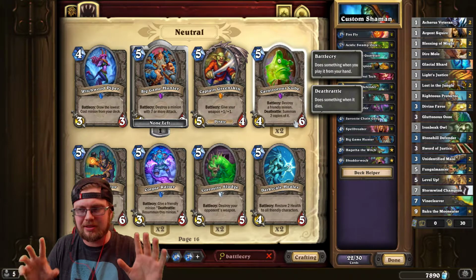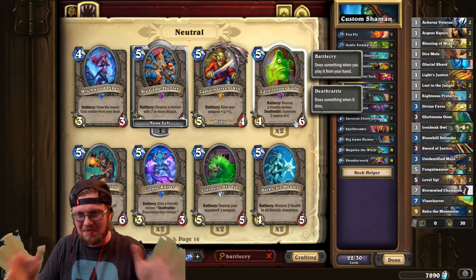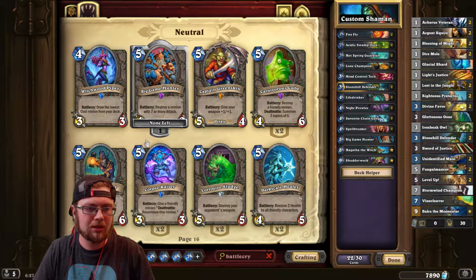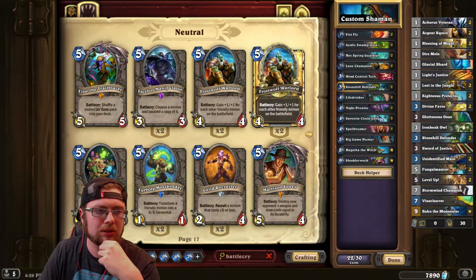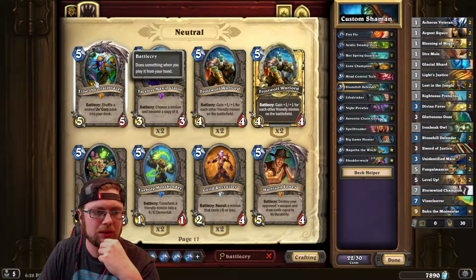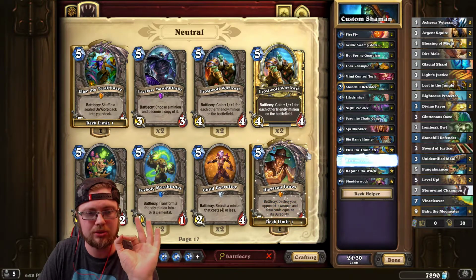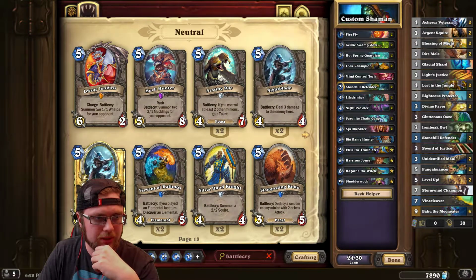Shudderwock only copies the Battlecry, so Shudderwock would actually just destroy a friendly minion if I played Carnivorous Cube. So that's not a good thing to have. Destroy all enemy secrets, no. Elise? Yes, we want Elise. We want Harrison Jones. We also want...